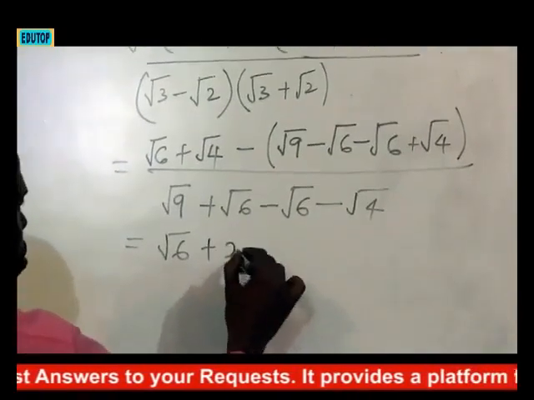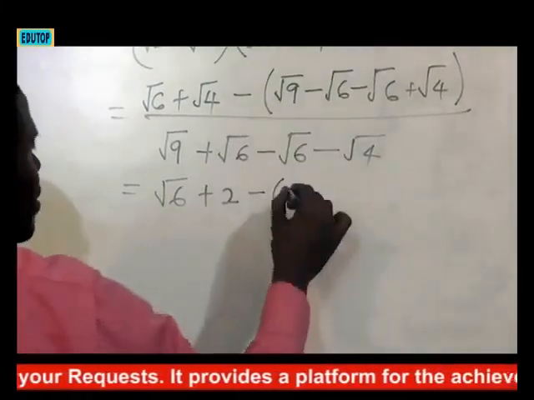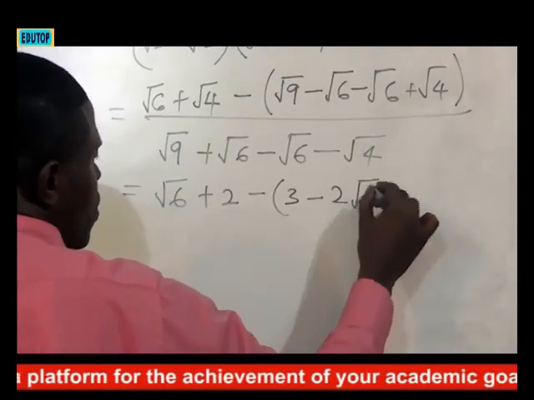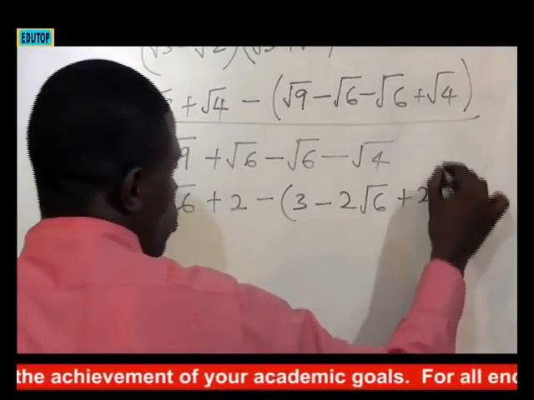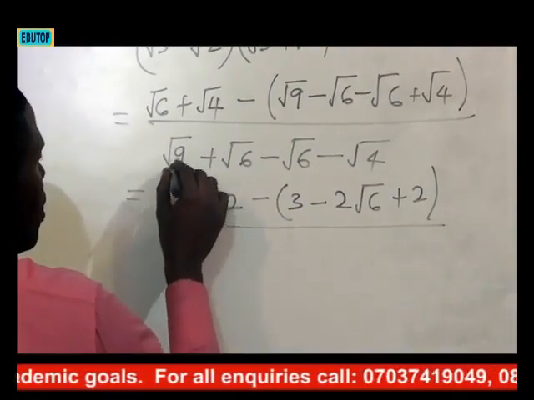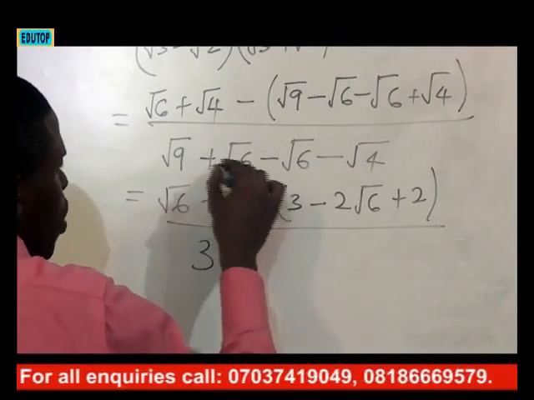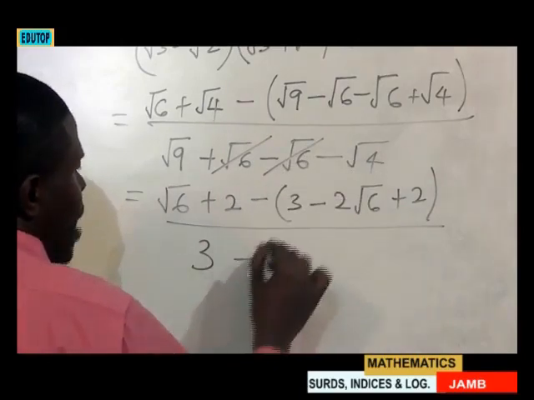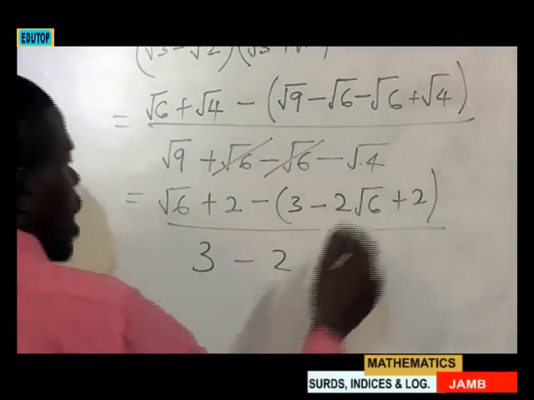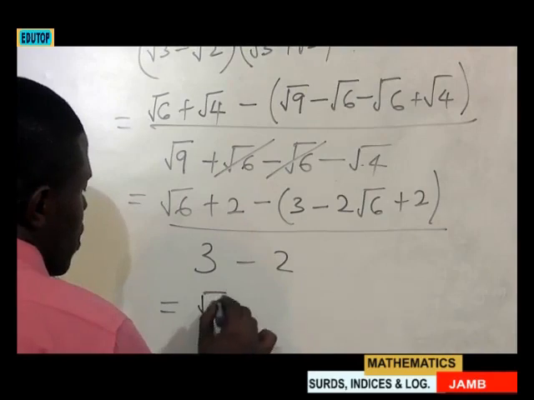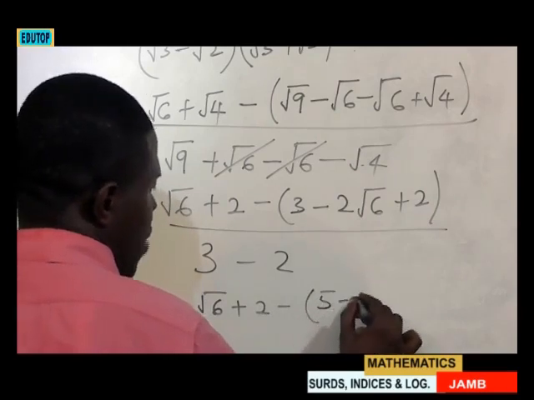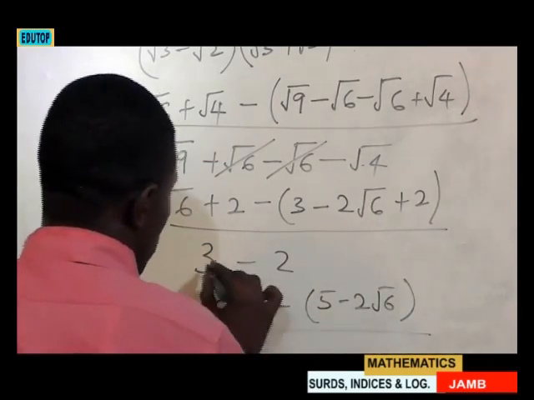Root 4 is 2, plus 2, minus. I have root 9 is 3, minus root 6, minus root 6, that's minus 2 root 6. Then root 4 is what? 2. I have this. Then over, root 9 is what? 3. Plus root 6 minus root 6, if you cancel out. Minus, what is this? Root 4, that is 2. Then now, let me simplify what I have here. So I have root 6 plus 2 minus 3 plus 2, 5 minus 2 root 6, over 3 minus 2,